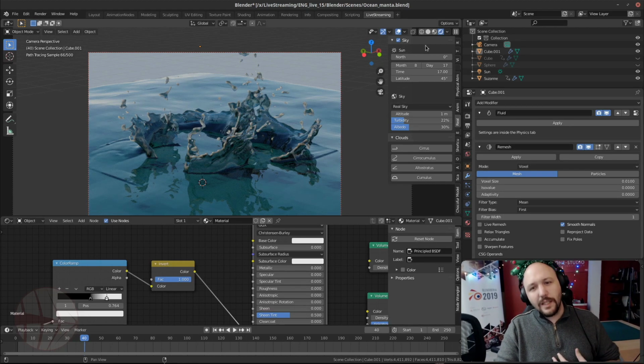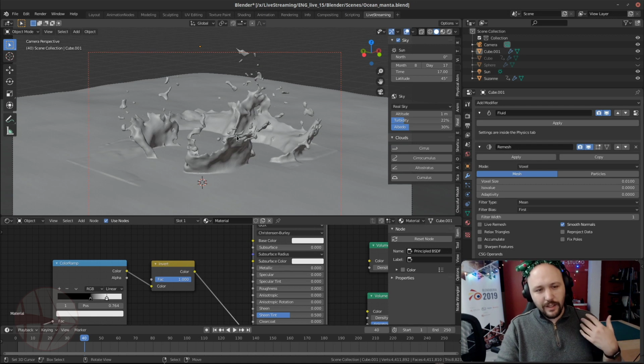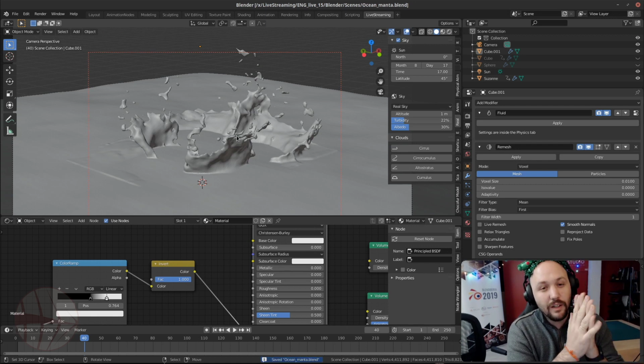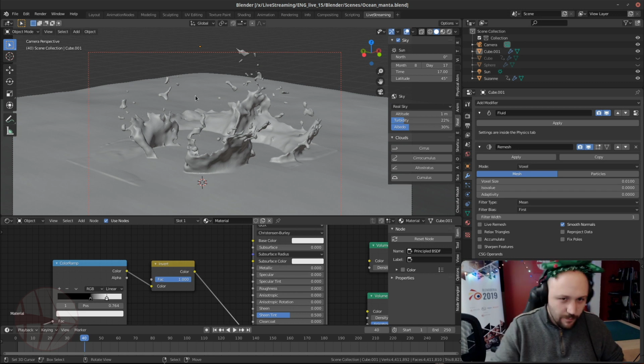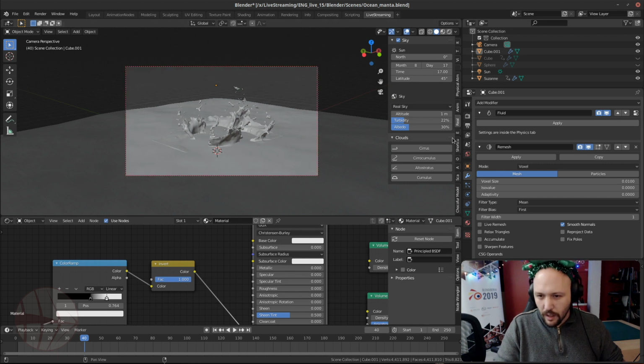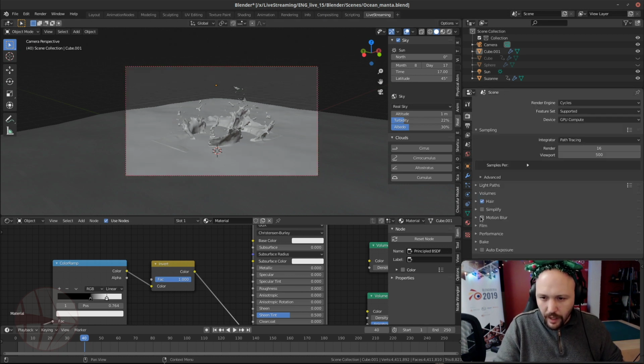Great. And what's the new feature of the voxel remesher? The new feature was a very important one for fluid simulation and fluid remeshing. And the new feature is that we have motion blur. Yeah, we have motion vectors. Finally, with the OpenVDB remesher, we have motion vectors. So if I go here and I enable motion blur,